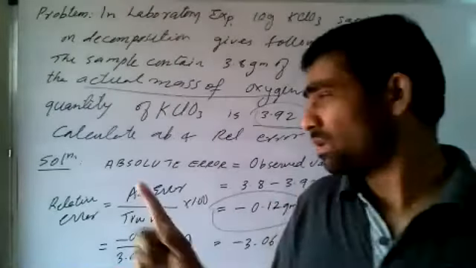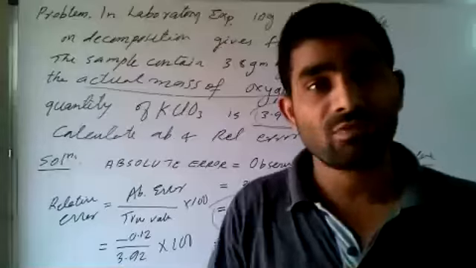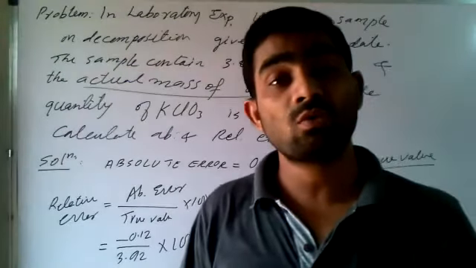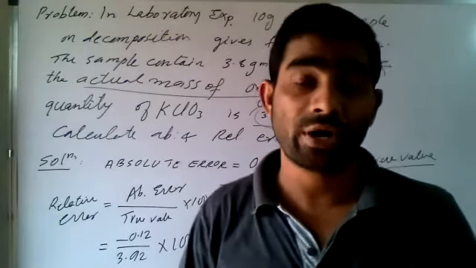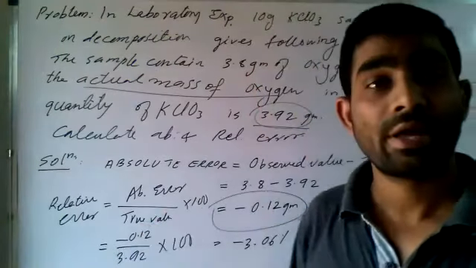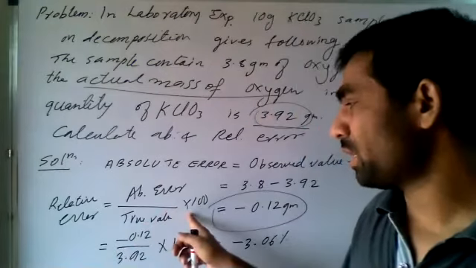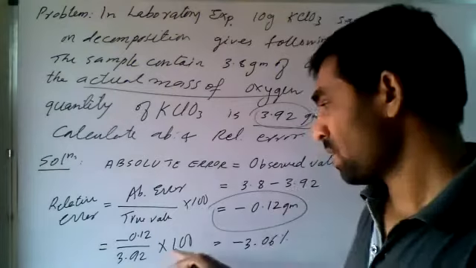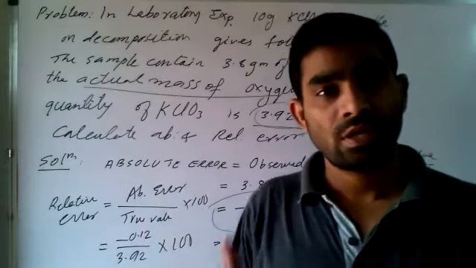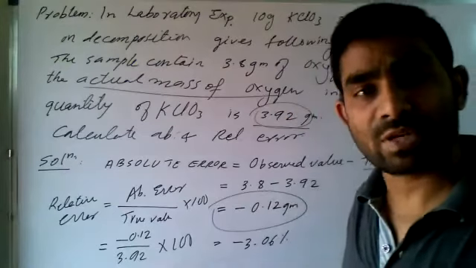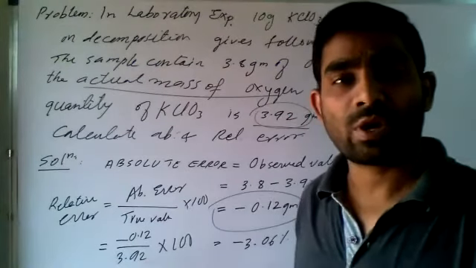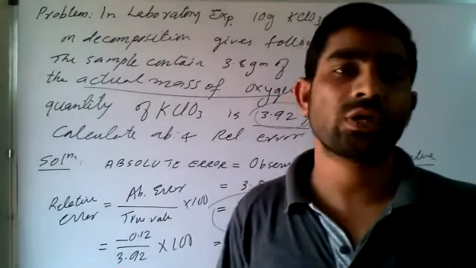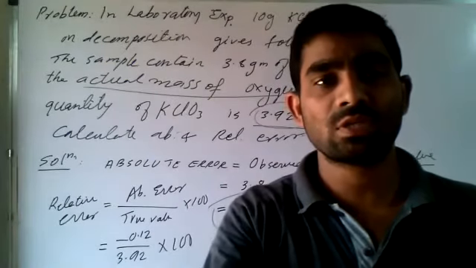See, once we get absolute error, from that we can calculate relative error. Next point, errors can be negative or positive quantities. Third point, absolute error we measure in both negative and positive sense. Relative error is always expressed in percentage. And last point, if absolute error is negative, relative error will also be negative.